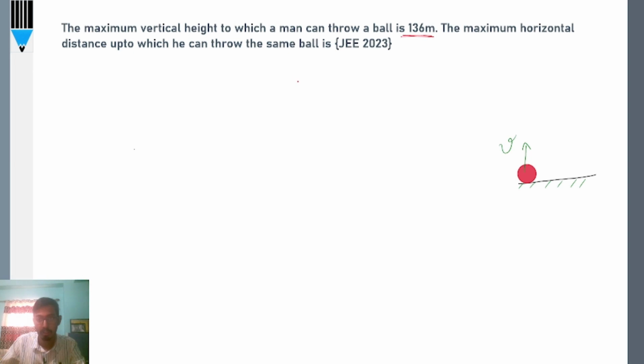What determines how high the ball goes when thrown upward? Velocity determines it, right, because everything else is constant. The acceleration due to gravity is g, it is constant, and let's say we are ignoring the air pressure and friction and all those things. Then the only sole factor that is determining at what distance the ball will go